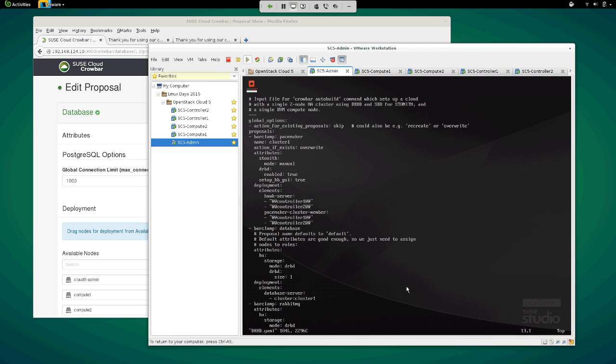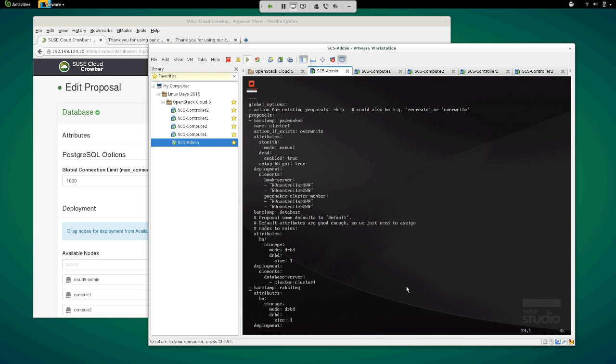Notice how it's got all the elements configured for the cluster setup. It has the two controllers configured for Pacemaker and for the Hawk web interface for monitoring the cluster. And then for the database, notice how the database server is selected as cluster. So it deploys the cluster.